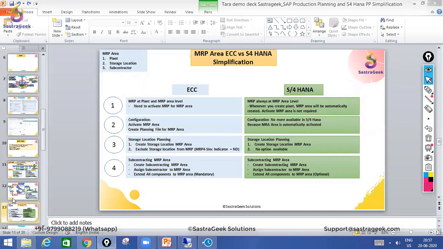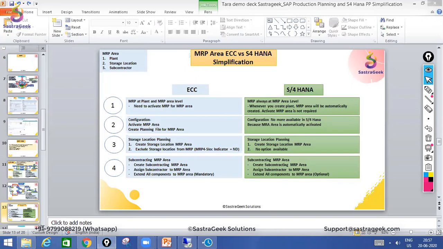What is the T-code? MMSC. Sometimes you haven't assigned the material to that storage location, and you are trying to pull or put the material or keep the stock there, and the system throws an error: this material is not extended to this storage location. In that case, you need to go to MMSC and assign that storage location to that material. Then the system will allow you to place that material there or transfer that material to that location. Okay, thank you.